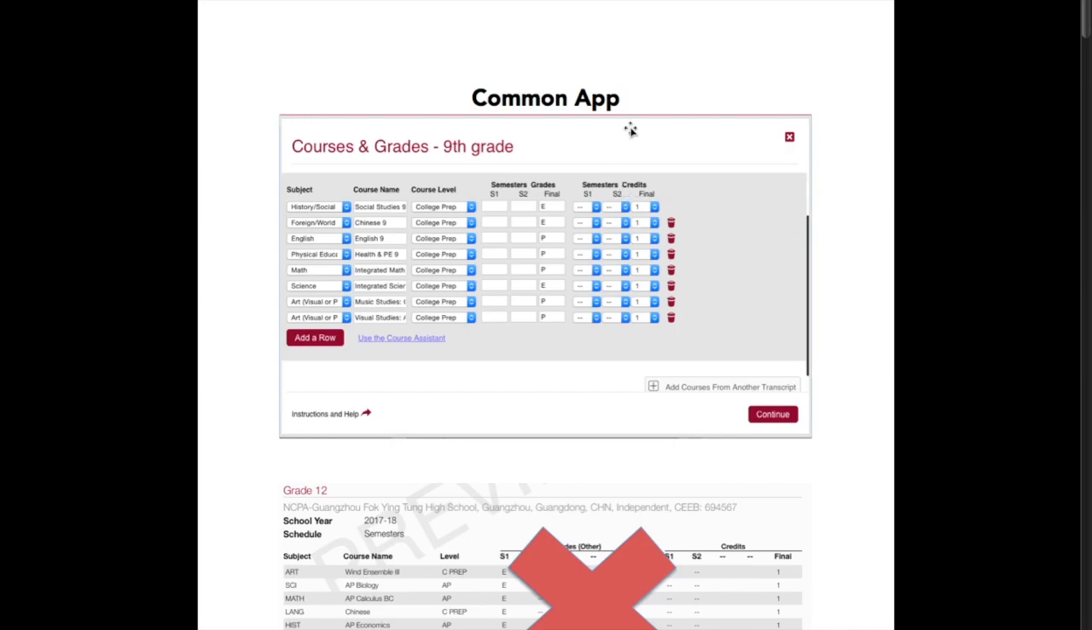So first, for the Common App, here's an example of what your ninth grade courses should look like. One thing to note is that for course level, every course that is not AP should say College Prep. Something else to note is that for Chinese, your subject should say Foreign or World Language. Because for each line in Common App, they only require one grade to be entered, just enter a grade in that final column. And then also for credits, if they're all full year credits, please just enter one credit in